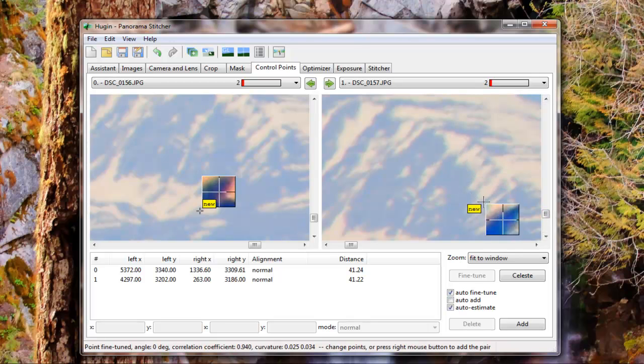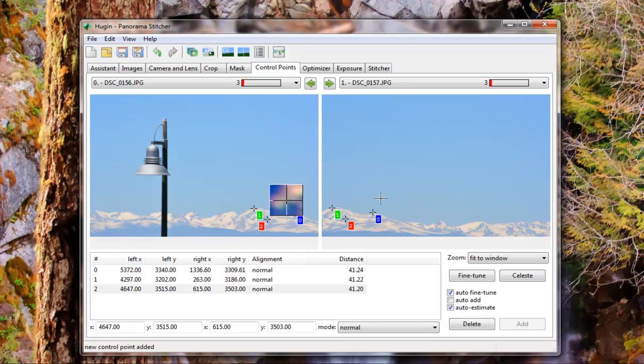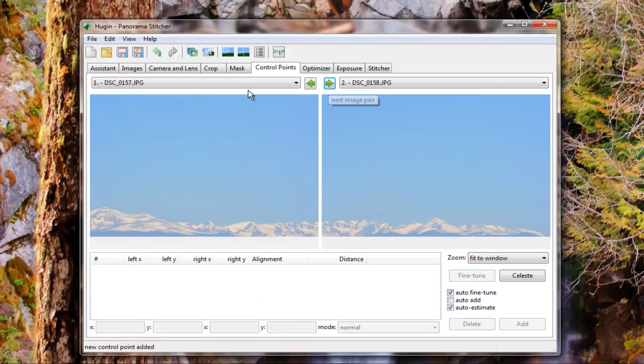Let's see, let's move that over. Point of the slope. That looks like the face of Jesus, so let's go ahead and put it right there in the middle of that. See if we can find that over here. There we go. Let's see. Yeah, right there. So we've got 3 points. So that's good enough. So we'll go to the next picture, which is 7 and 8, and find some common